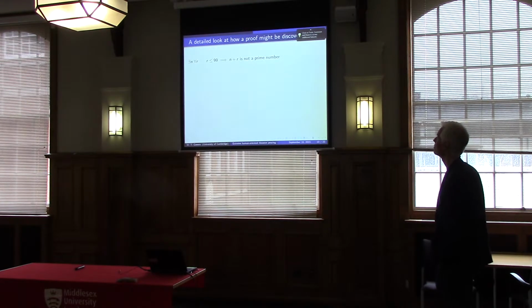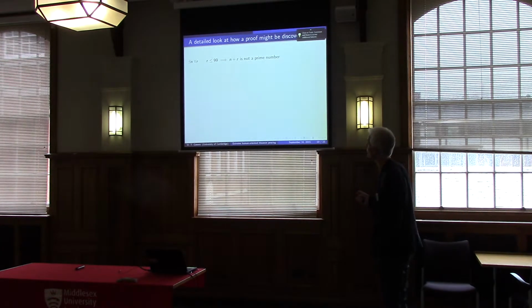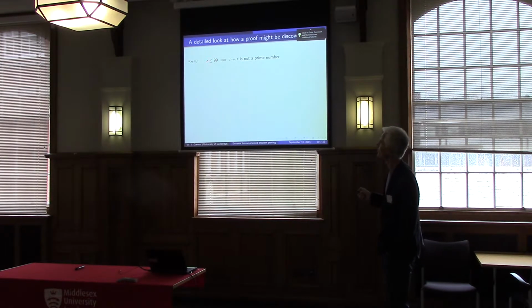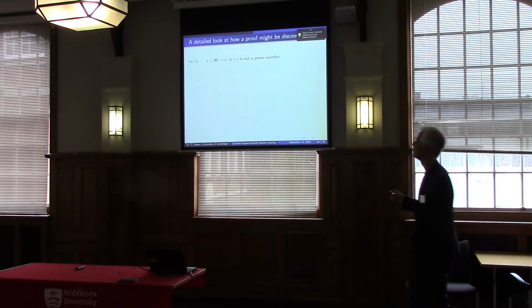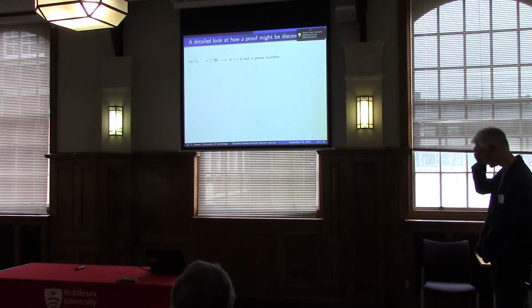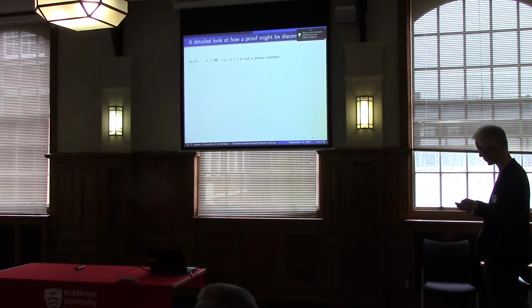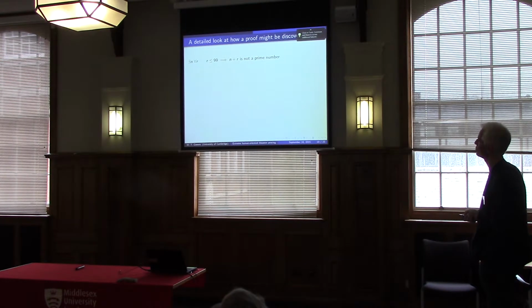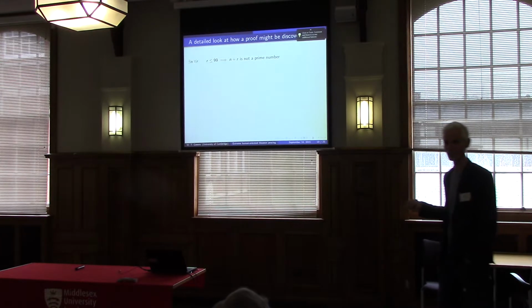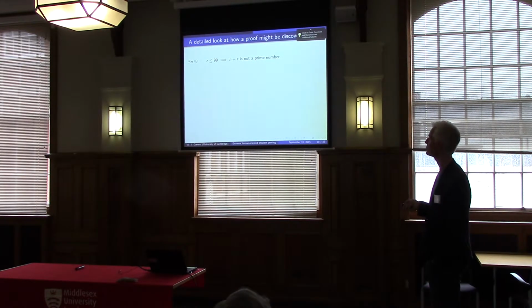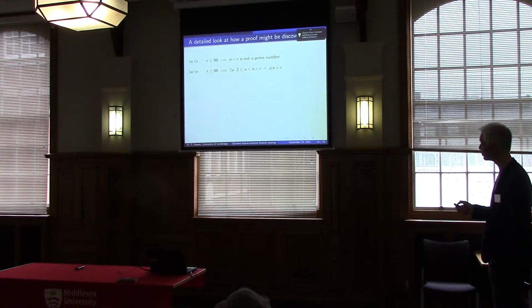This is just a slightly more formal way of saying what we want. We want to find an n such that for every r up to 99, n plus r is not a prime number. I'll be a little bit sloppy about saying things like r is a non-negative integer. It's not the proper formalization, I just want to make it slightly formal, sort of in between what a human would write and what an assistant machine would need.